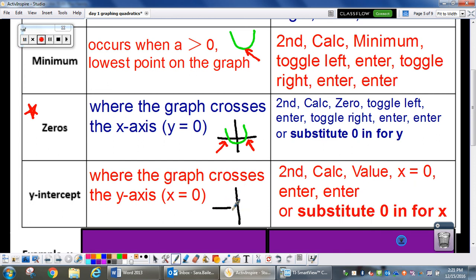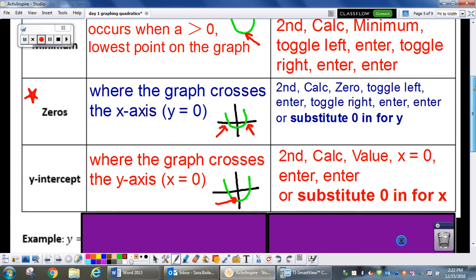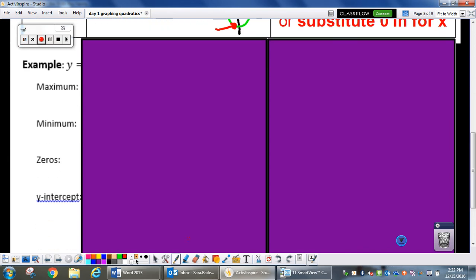Some people are much better with the calculator than others, so if somebody around you is super good, it might be nice to help out your neighbor or ask for help. So the y-intercept would be right around there where it's hitting the y-axis. All right, so now you're going to want to actually